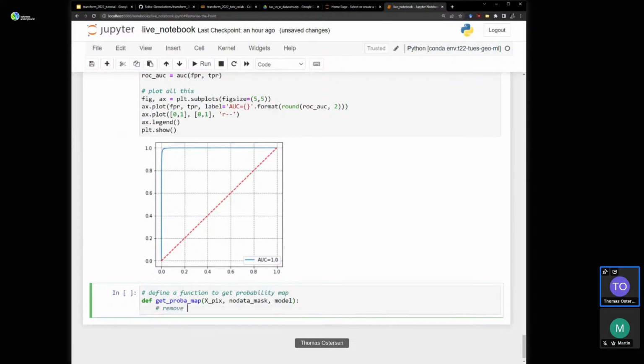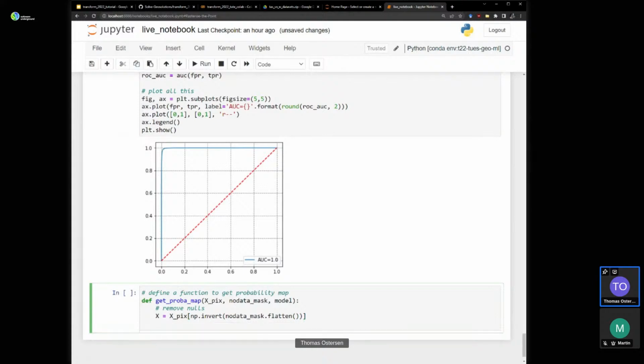So the first step will be to remove nulls. X equals X_pix[np.invert(no_data_mask.flatten())], just to make sure the shapes are appropriate. We'll then get predictions. So predictions equals model.predict_proba(X).